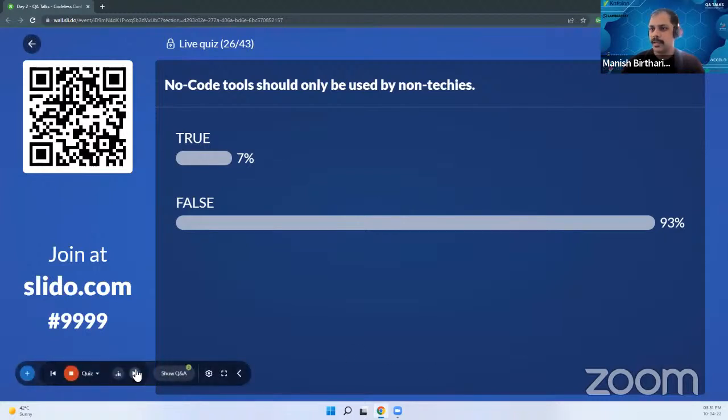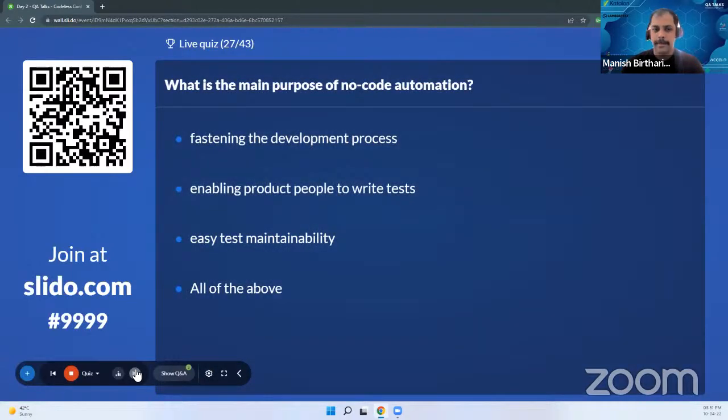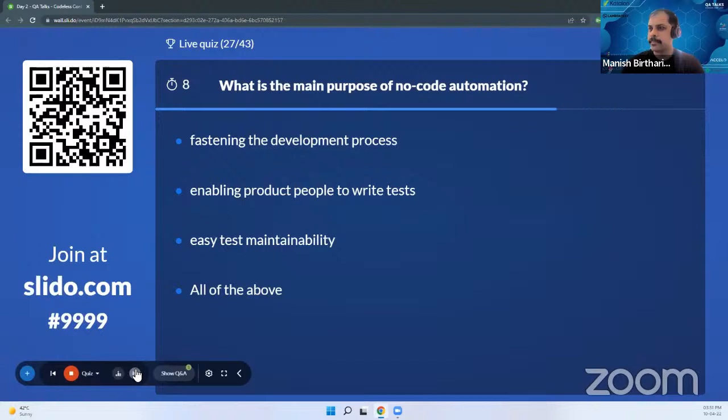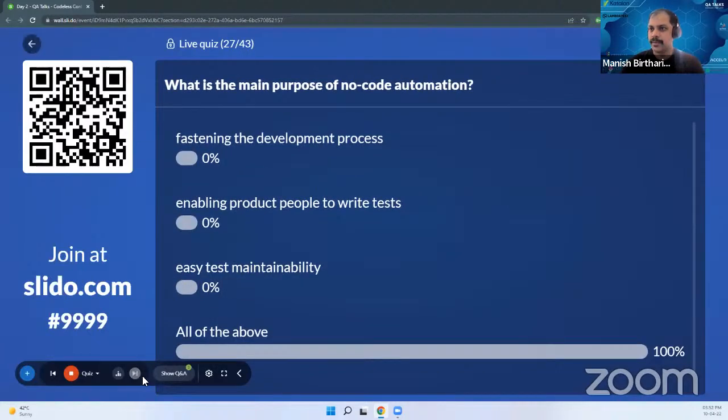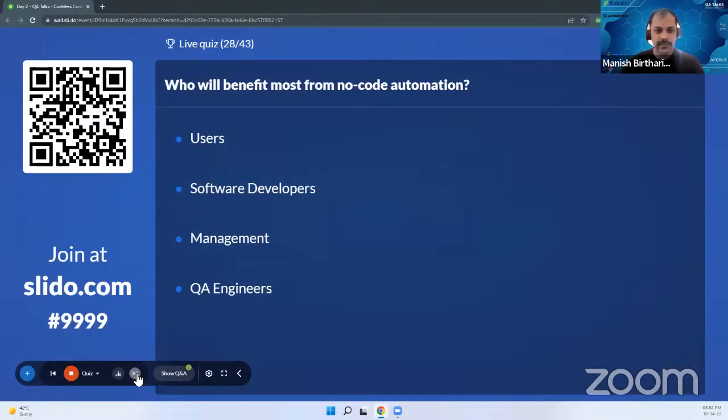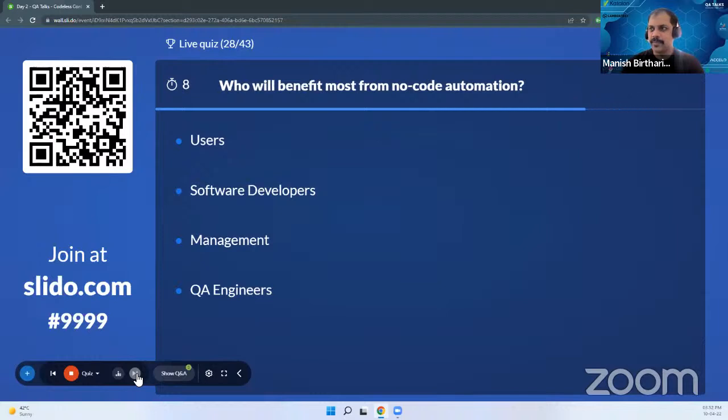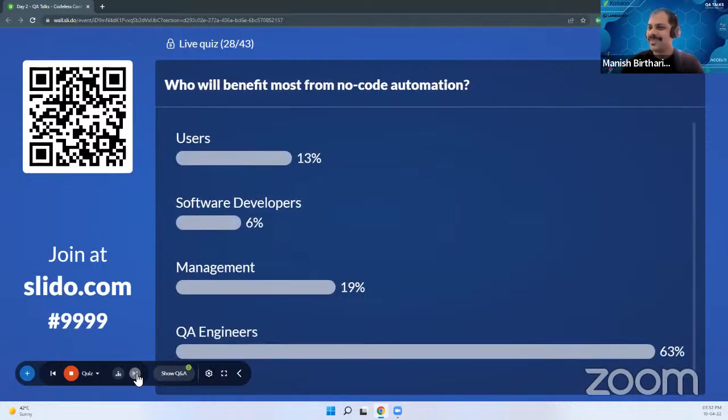Okay. Yes, that is true. Here you go with the next question. All of the above, that is true. QA engineer.